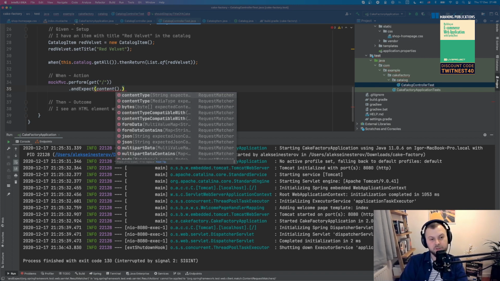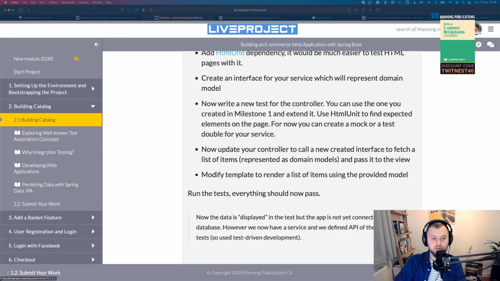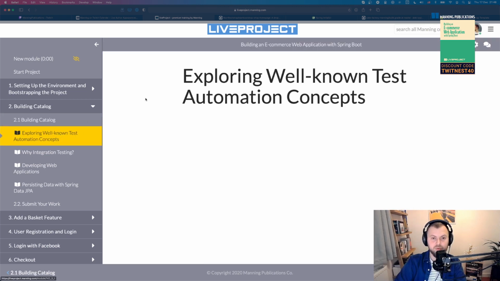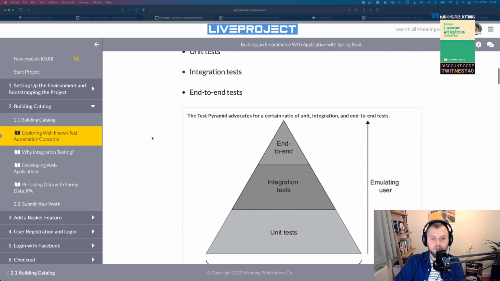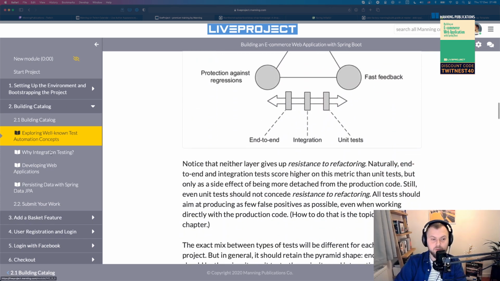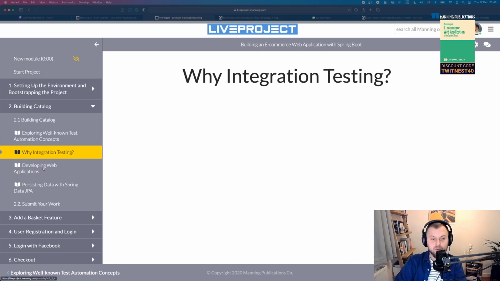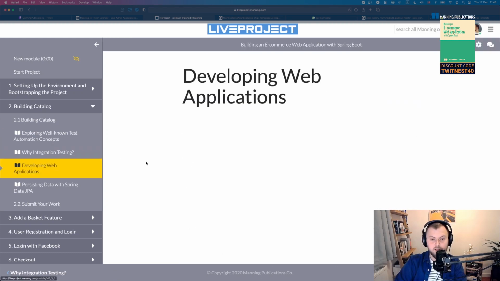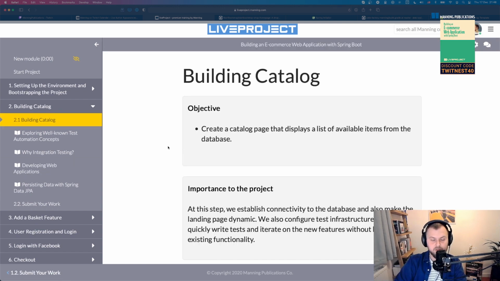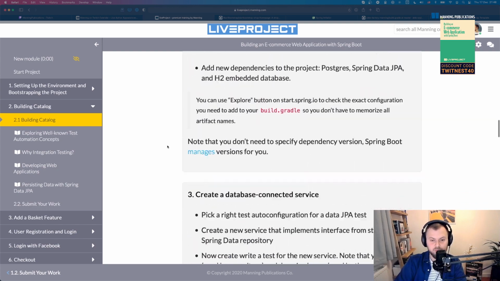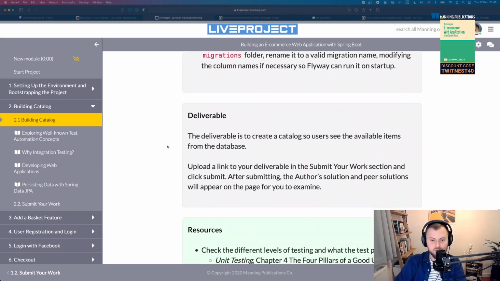documentation. So you can always go online to spring.io, go to reference implementation, and find all of these things in how to test applications, how to write applications, and also you can find a lot of it in the resources in the course itself. So you can learn about different aspects of testing. You can learn about integration testing. You can learn about developing web applications, let's say how to write controllers and views. And in there, I think in a resources section. So I'm going to go all the way down to the resources section.